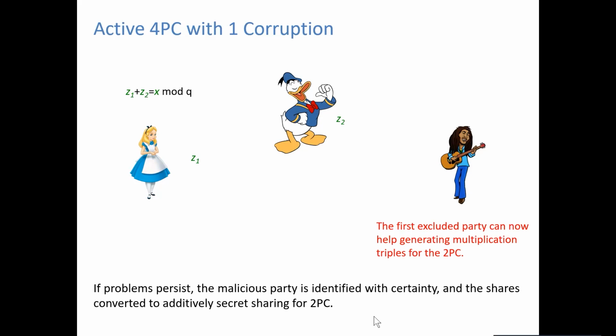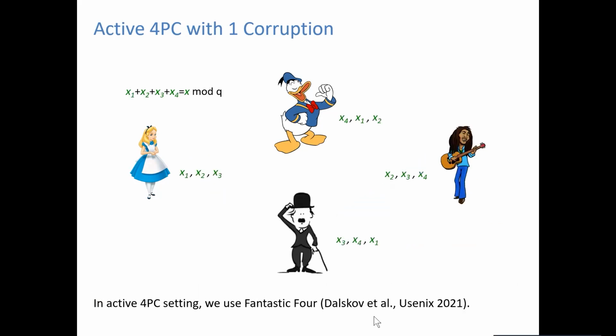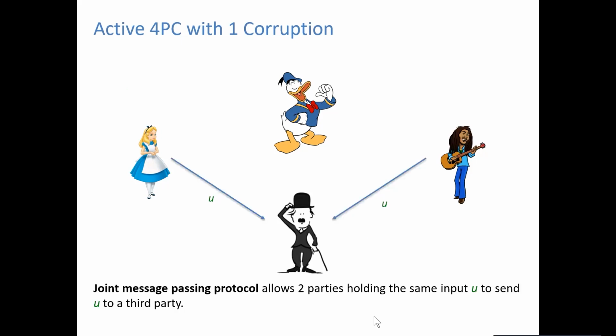Okay. Sorry. I would also like to ask one question. Going back to the slide just before Bob was excluded, when the 2 U's from Alice and from Bob are transferred to Charlie, do they communicate in any way? What should they send to Charlie? I mean, is it fixed? Because we know that Alice and Bob ought to share the same 2 XI shares. So do they sum them up and then send them to Charlie? Yeah.